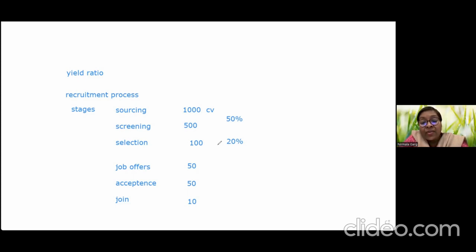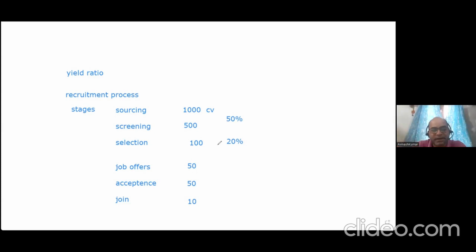Two, when you want to improve the ratio of job offers to joinees, which is a very important yield ratio that also speaks about your brand. Why are people not joining? If not many people are joining, then you need to look at why. Salary could be one, pre-joining engagement activities, especially for mass hiring, brand getting affected. There could be various factors, right?